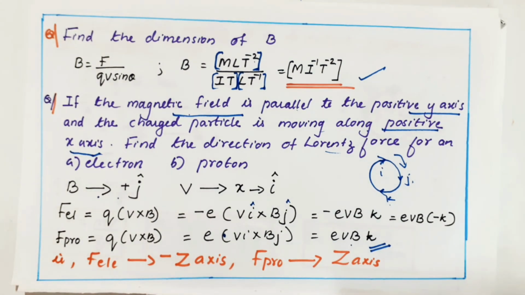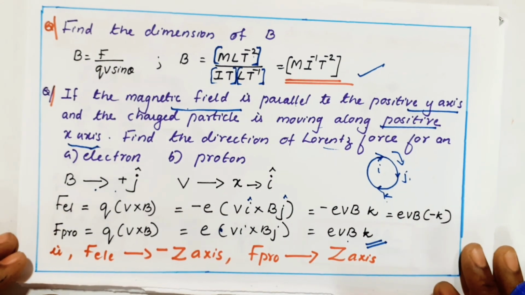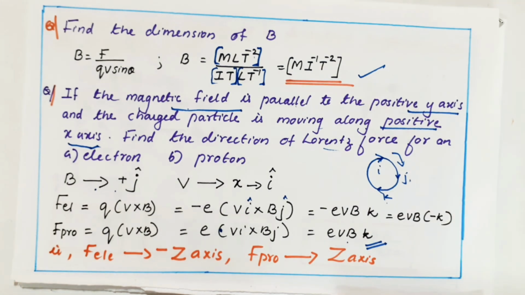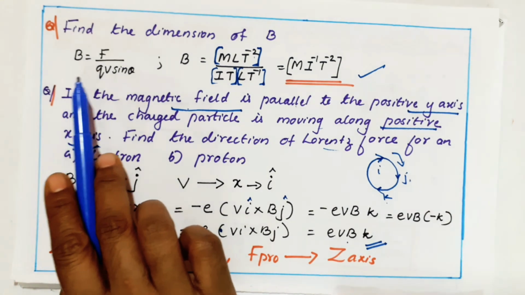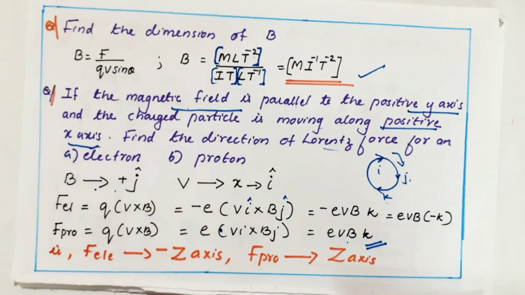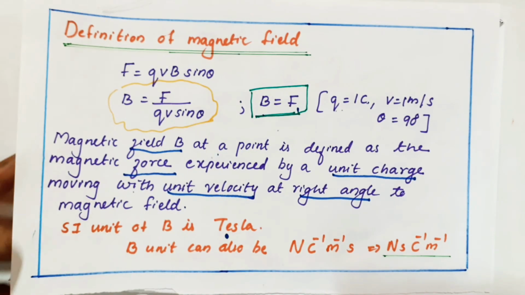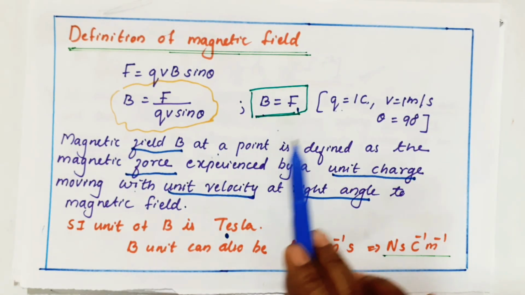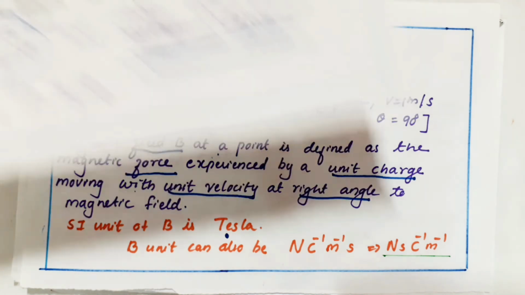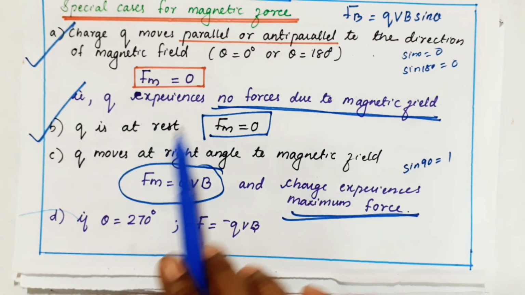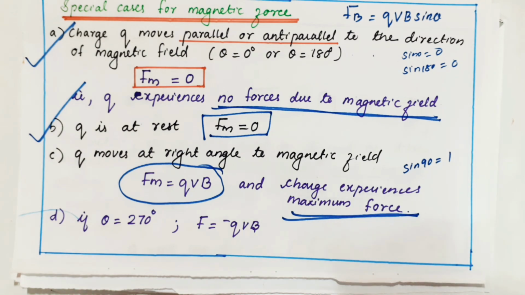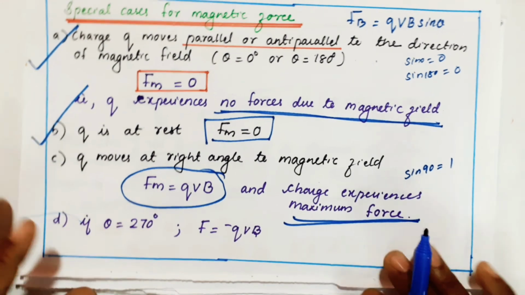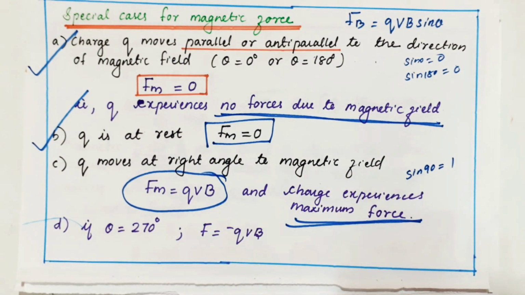So I repeat, we did about B and Lorentz force only. How to calculate the Lorentz force and how to get the magnetic field equation by using Lorentz force. F is equal to QVB, or magnetic force F equal QVB. This question I think you all got it. This type of question will come for the exam. And how to define magnetic field in terms of F, B and F. Unit is Tesla, and I told this is a very important case. F is equal to QVB and it is a maximum force. Okay. In the next class, I'll define what will be the maximum force and what's the direction and all.